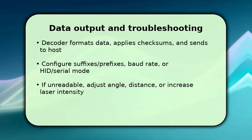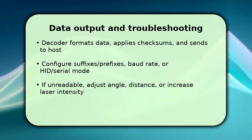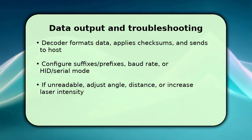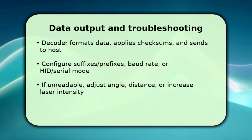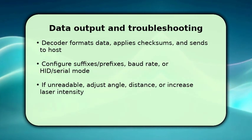You confirm settings like baud rate or USB HID mode in the configuration if integration issues appear. If a barcode fails to read, try a small angle change and adjust distance or lighting. Make sure the label contrast is sufficient and enable a higher gain or laser power. This single tweak often